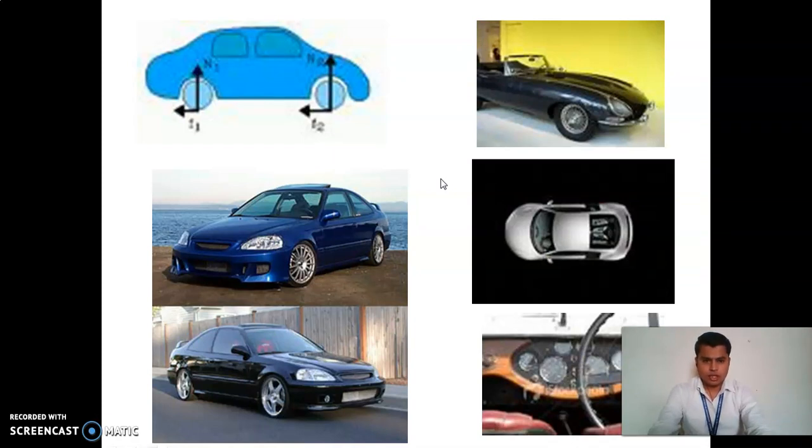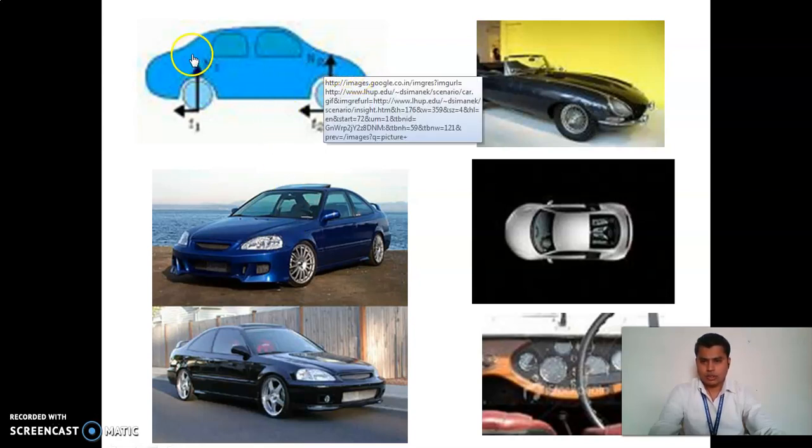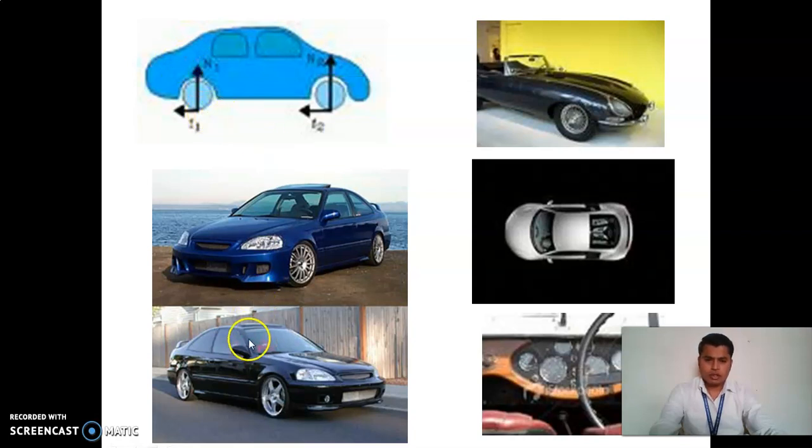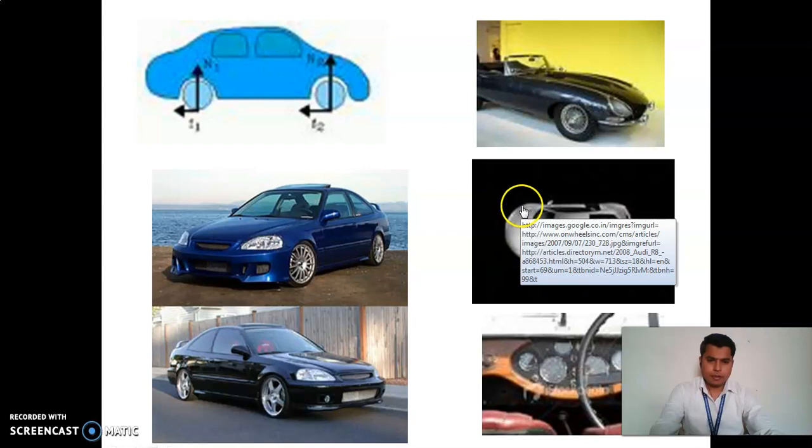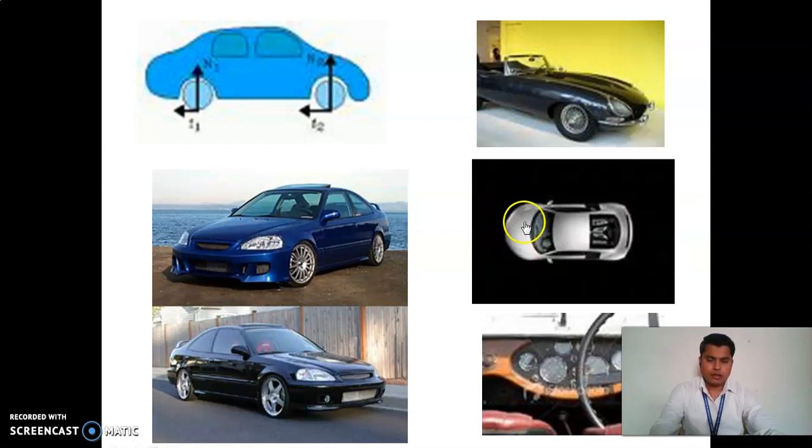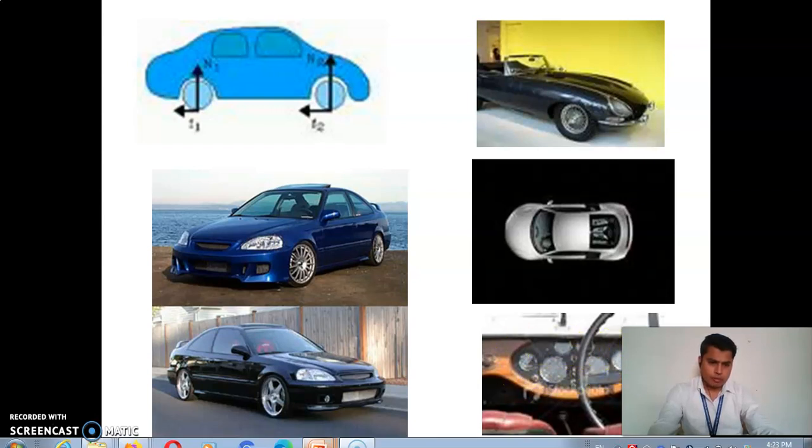Again, in case of these cars also, the structure provided to the various features of the car, to the bonnet area or to this luggage cabinet, or the front side of that car, those are provided with an elliptical shape. This dashboard with the elliptical shape, here you can see I am showing you. So these are examples or applications of an ellipse.